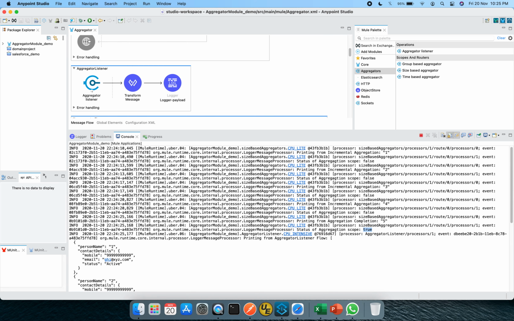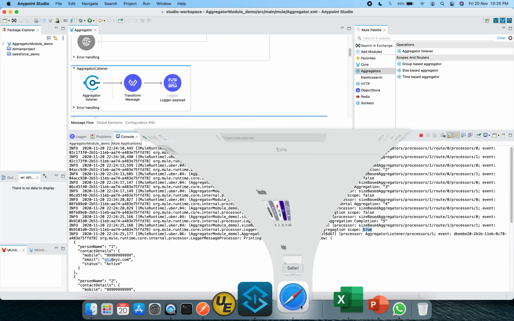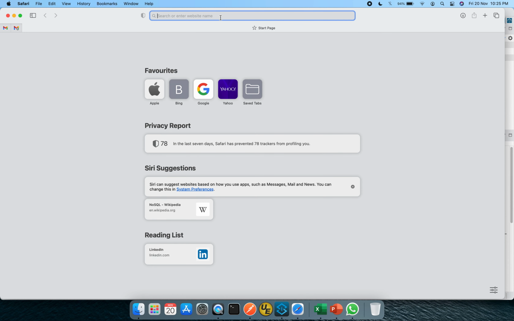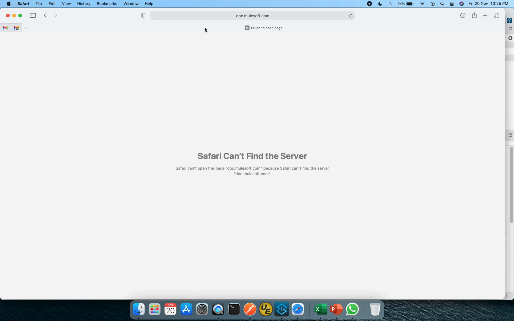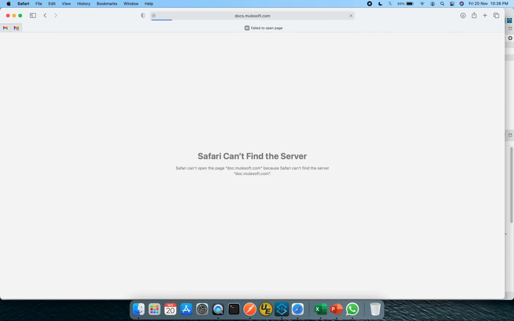In order to understand it in a better way, I would really suggest you go through the official documentation of MuleSoft. So let me search with docs.mulesoft.com and locate docs. Yes, it is docs.